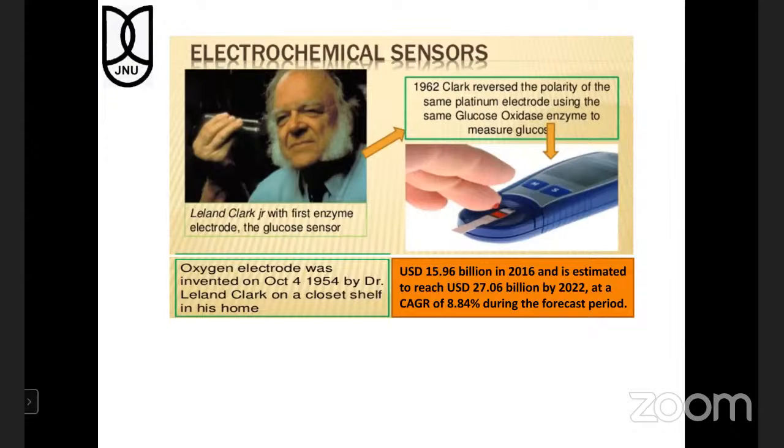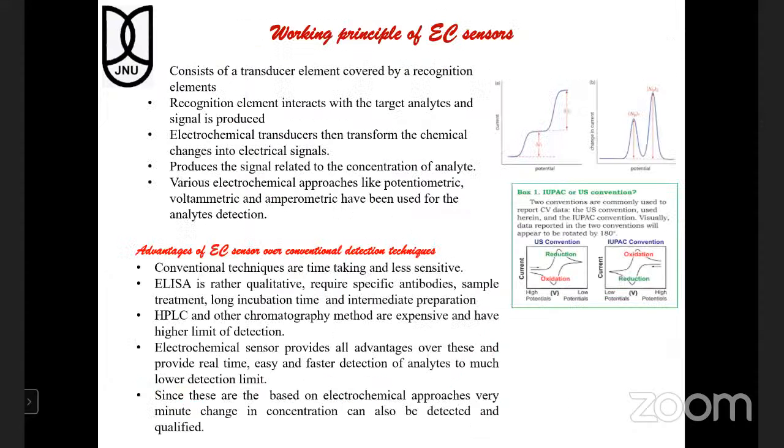I think everyone is aware of the glucose biosensor, which is commercially available. This is how we make an electrochemical biosensor, consisting of a transducer element that converts the recognition element's signal after the interaction with the analyte, and then